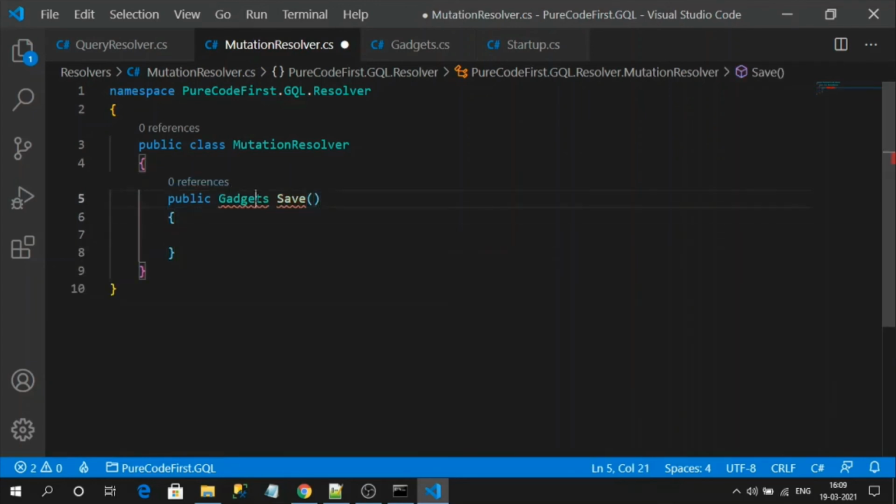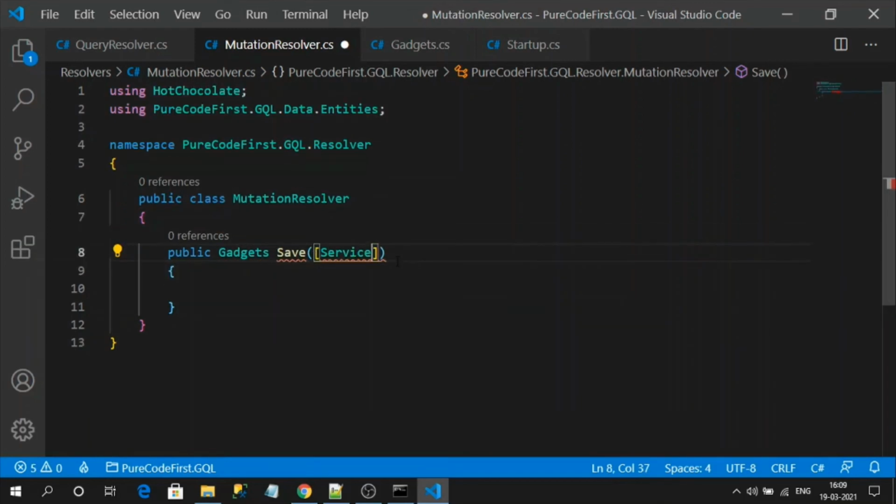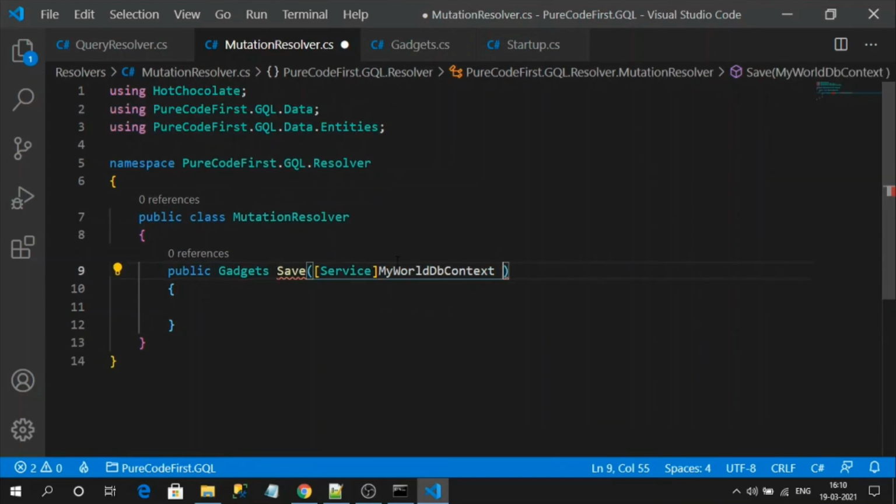Let's import the gadgets namespace and inject our database context with the Service attribute. My old baby, context. So here it will have an input parameter. Saving means an object, right? So I will use the Gadgets class itself as the type of my payload model.